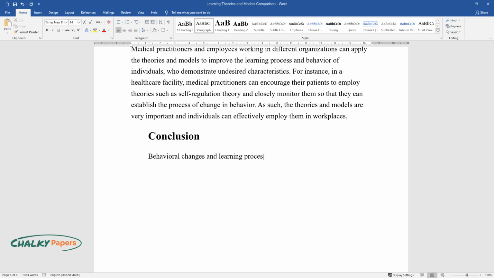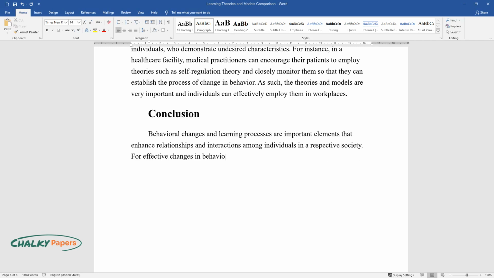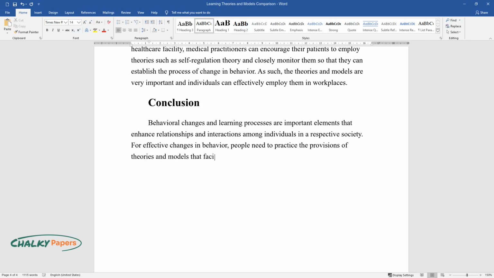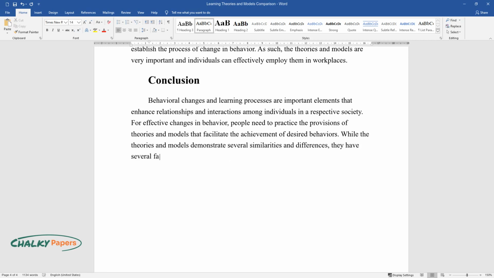Behavioral changes and learning processes are important elements that enhance relationships and interactions among individuals in a respective society. For effective changes in behavior, people need to practice the provisions of theories and models that facilitate the achievement of desired behaviors. While the theories and models demonstrate several similarities and differences, they have several factors that facilitate their effective